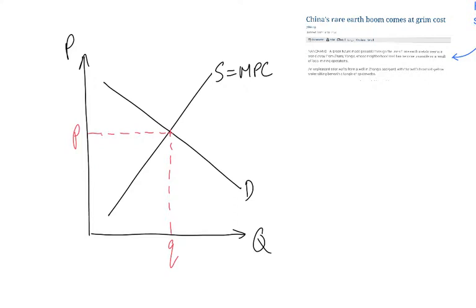So it talks about the chap here whose neighbourhood has become unusable because of the pollution and the damage to local water and so on. So what does that mean? Well, it means that there are greater costs here than the firm is taking account of. As we saw with the pollution, though, these costs are imposed on people around the firm, not the firm themselves. So the result of it is that their costs are higher in reality than they